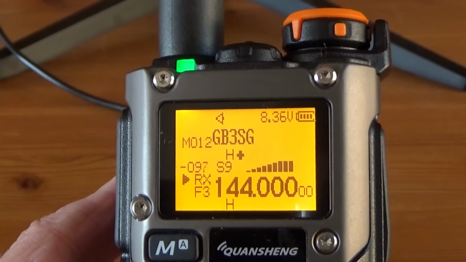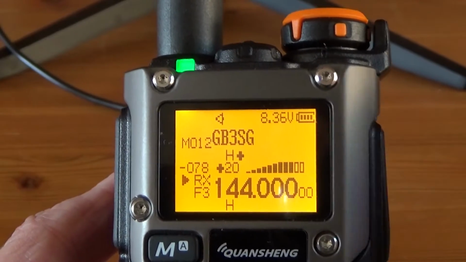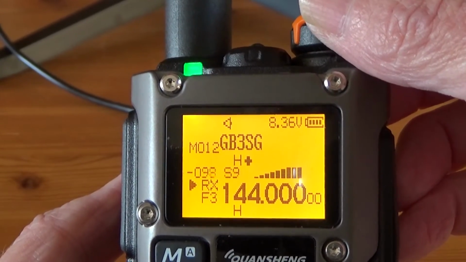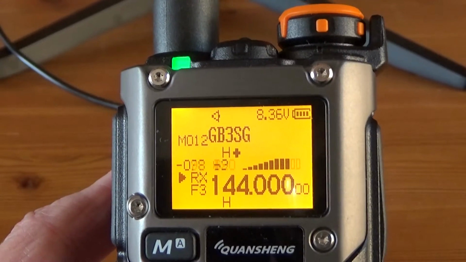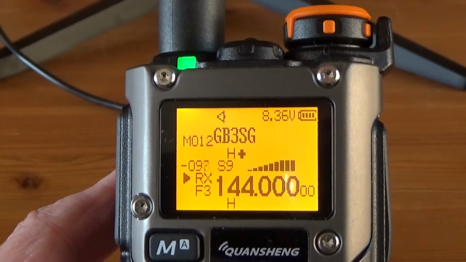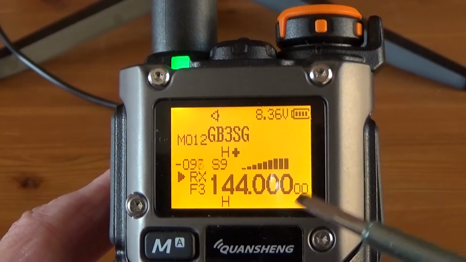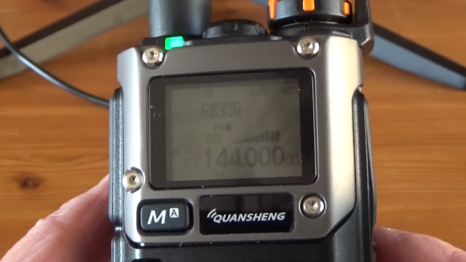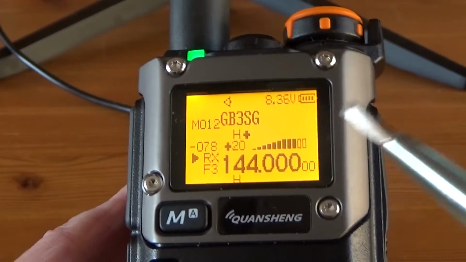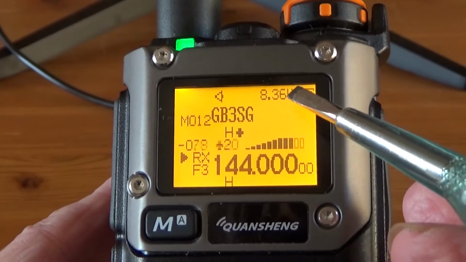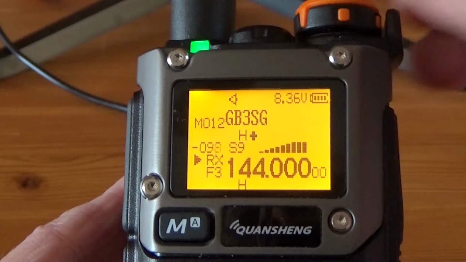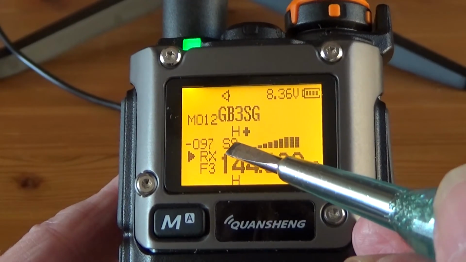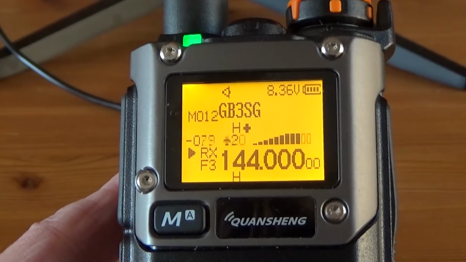So here's the radio, and it's picking up a very weak signal on 144 megahertz, which may be coming from my workshop. Spurious emission. But here we have the new S meter, which does look nicer. We also got voltage display all the time. That's a bit annoying. But next to the S meter, and it's calibrated in S units, S9, S9 plus 20,